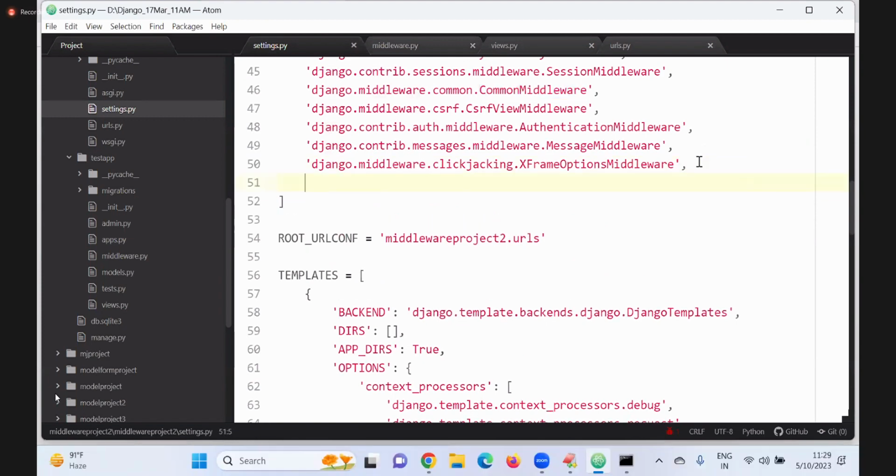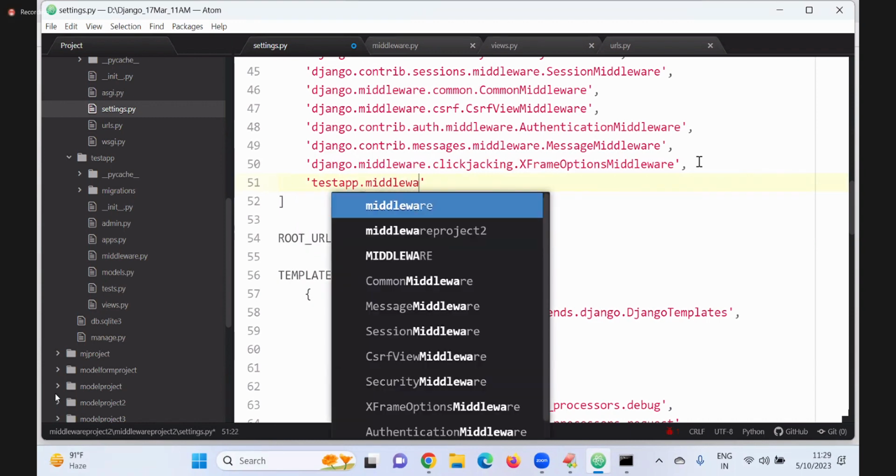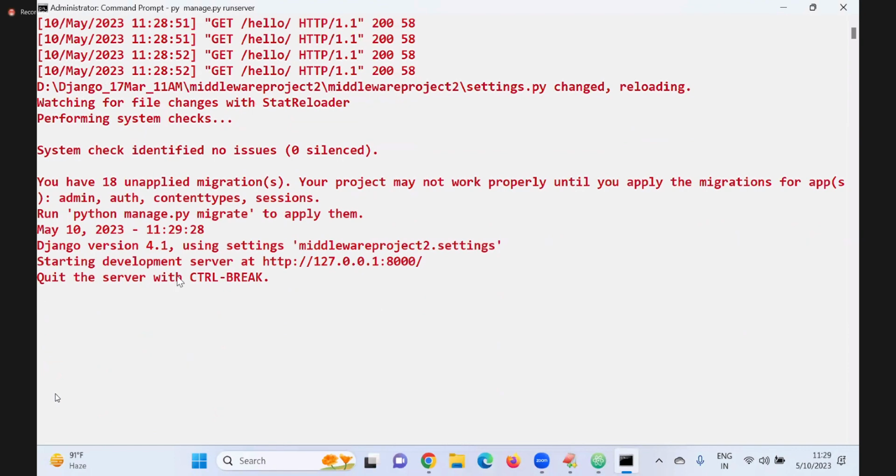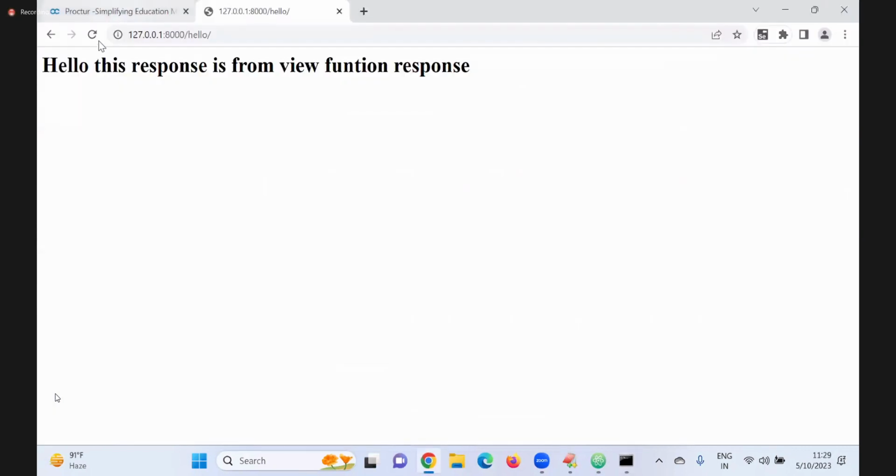Yes, here what to do? Where is it available? Test dot middleware dot. What is our application name? App maintenance middleware, right. Now I have configured it. Check it. The server restarted. Now the deployment server. Now we have to send the request. This message will stop and it will send the middleware response: currently the application is under maintenance, please try after 2 days.